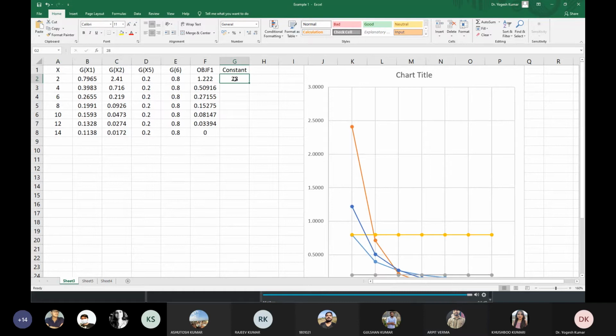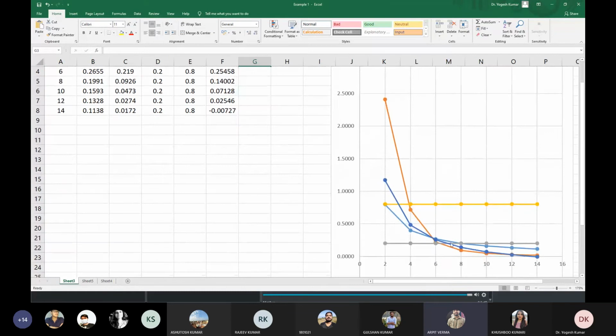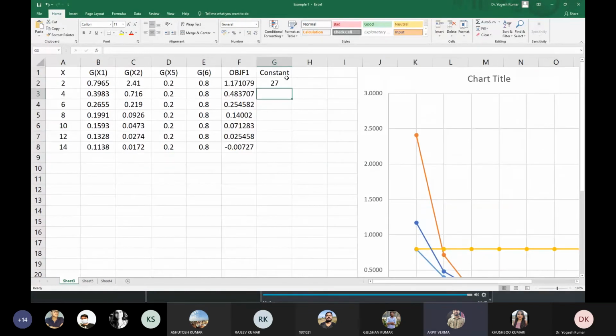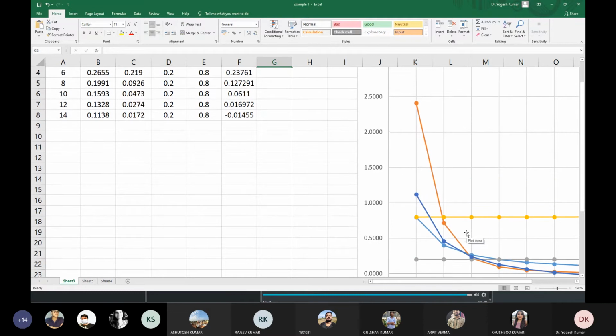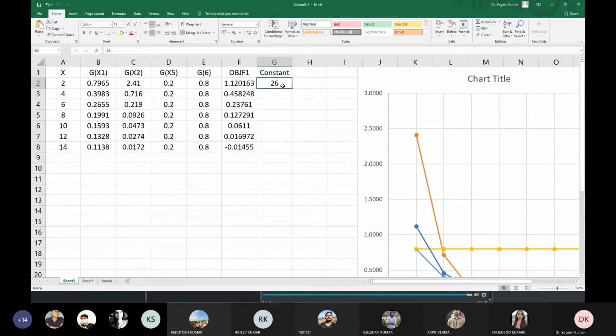But on graph paper, it will be quite difficult to draw the curve each time. If you are doing it on a graph paper, it is quite difficult. But using these computer techniques, you can easily draw. As soon as you enter any value, suppose 27, you can see we are reaching nearer. After that we can try 26. Okay, so we can see that we are slightly away from the constraint area, so we came to know that the value will lie between 26 and 27.